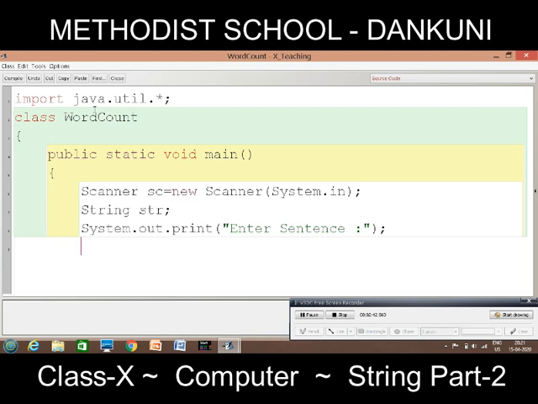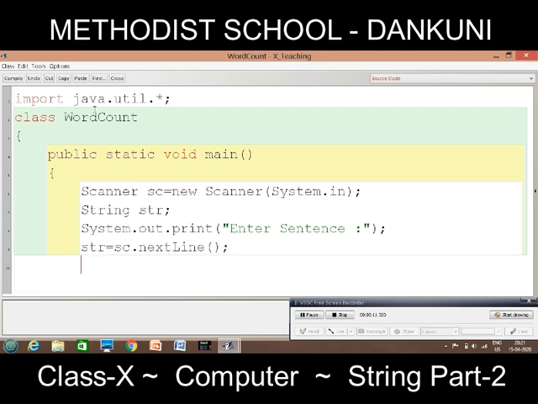For taking the input through scanner, the function is nextLine. I will write the name of the variable equals the name of the object, that is sc.nextLine. Now Line will be with capital L. Then open and close the parentheses.